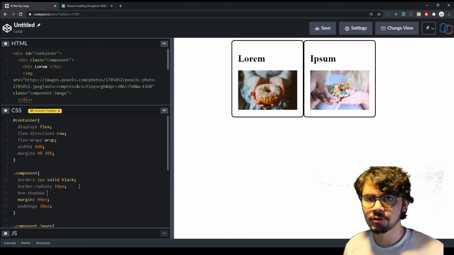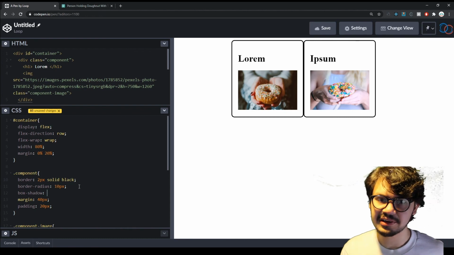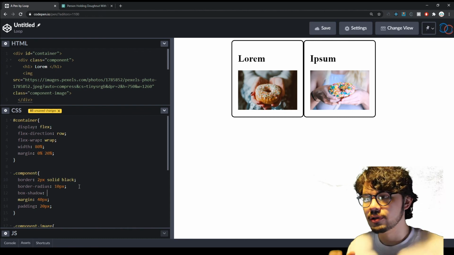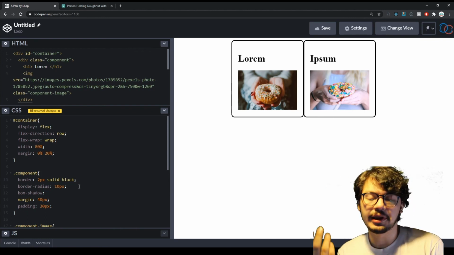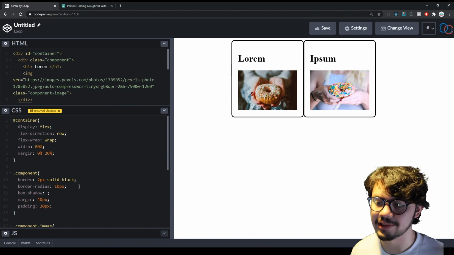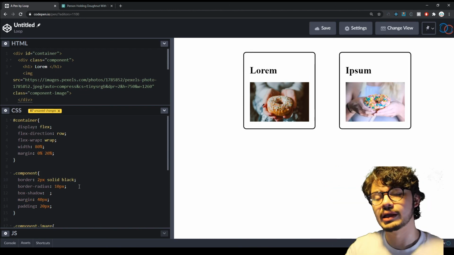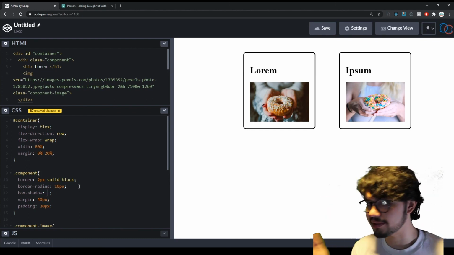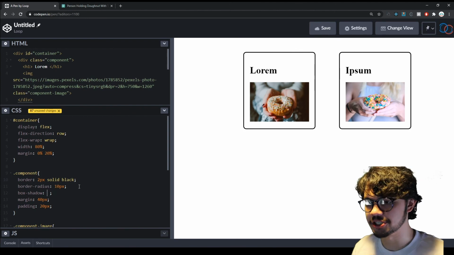With box shadow, we can control the distance and a blur that literally shadows outside of an element for us. So what I mean by this is essentially I get to set an X and a Y